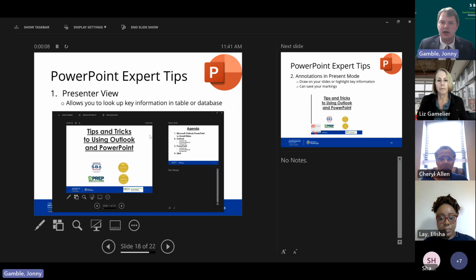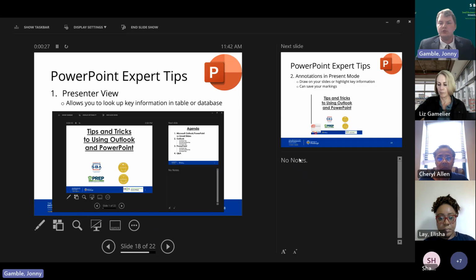if you're seeing the same thing on my screen, there should now be a lot of different options. We have the current slide on the left-hand side, the next slide on the right-hand side, and some different buttons around here. This presenter view is really nice in that it gives you, the presenter, a lot more information when you're on there.